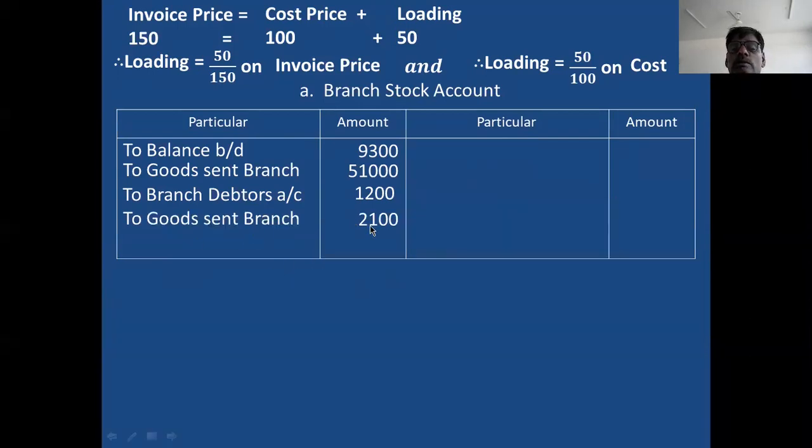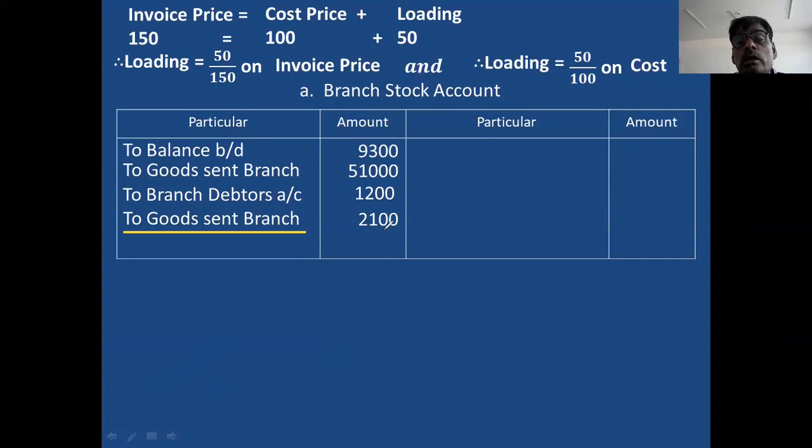This is called a transfer. Transfer from Nellikeri to Nawalgund. Nawalgund branch is the receiver. Therefore, you record on the debit side 1,200. This is the transfer amount. Transferred from Nellikeri, Nawalgund branch received, debit side.